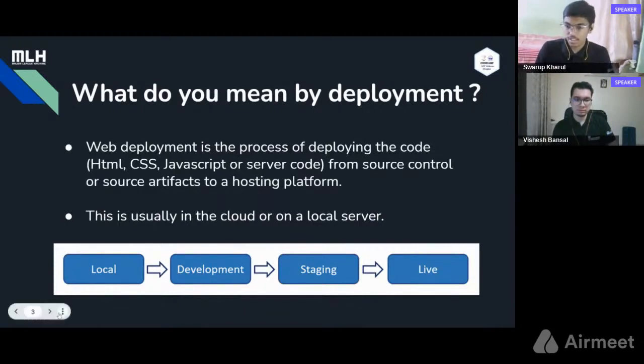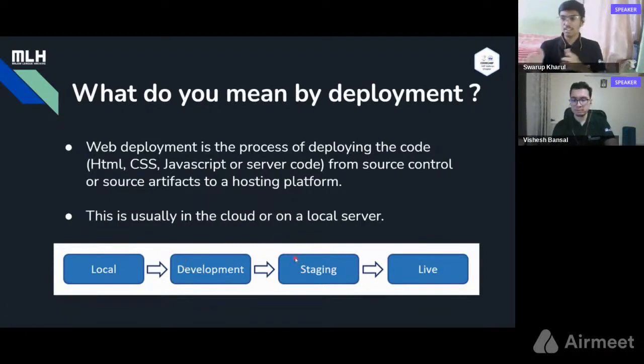So as you can see in the definition, web deployment is the process of deploying the code. It may be your HTML, CSS, JavaScript or any server-side code from source control or source artifacts to a hosting platform. The process of deployment has 4 basic steps. As you can see in this diagram, we first build a project locally, then we develop it, and then in the staging phase we test our application.